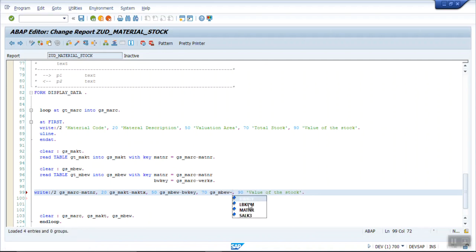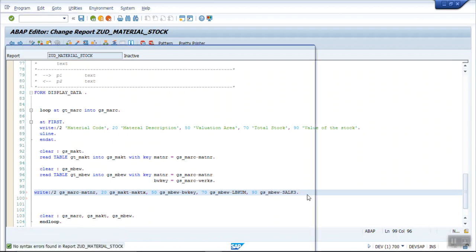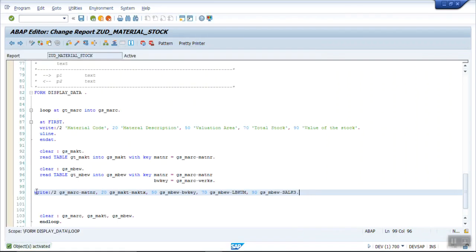This time I want to print LBKUM, and finally I want to print the value. What value do I want to print? GS_MBEW-SALK3. Save, check, activate, no error.